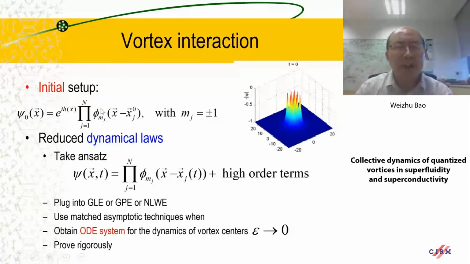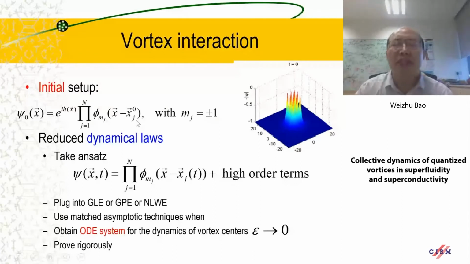And then you just suppose the solution psi of x, t could be something like a product over j equal 1 to n of phi m_j of x minus x_j(t), where x_j(t) is the vortex center of the j-th vertex at time t, plus higher order terms. So you plug this ansatz into the energy. You do some analysis. You will find, as long as the initial distance is much bigger than epsilon,